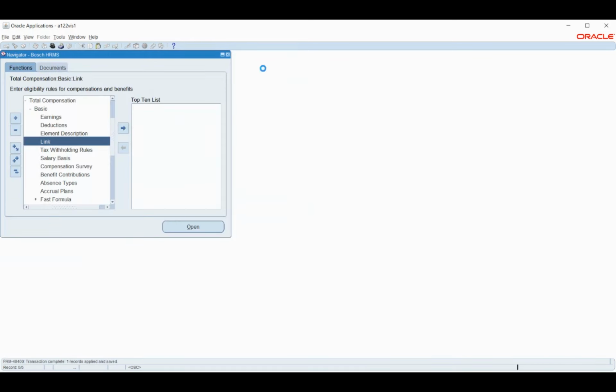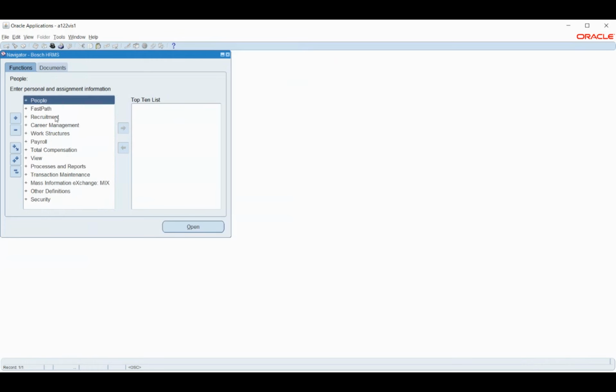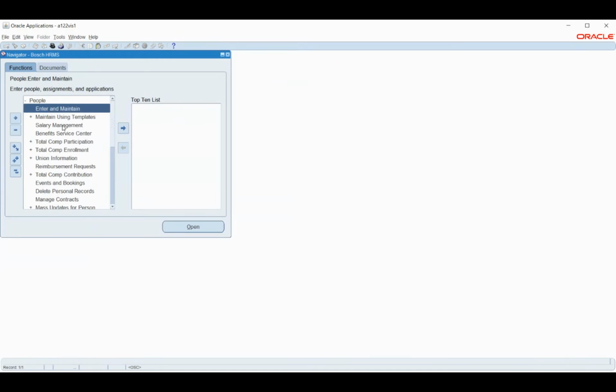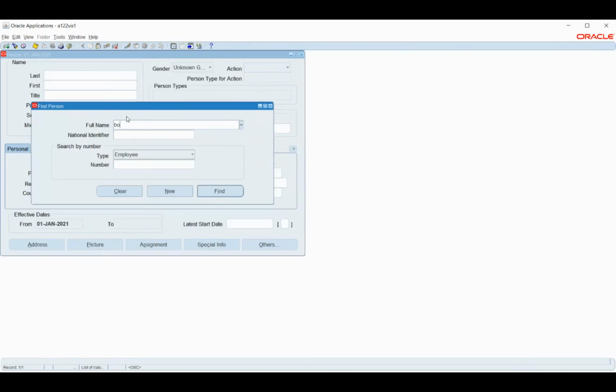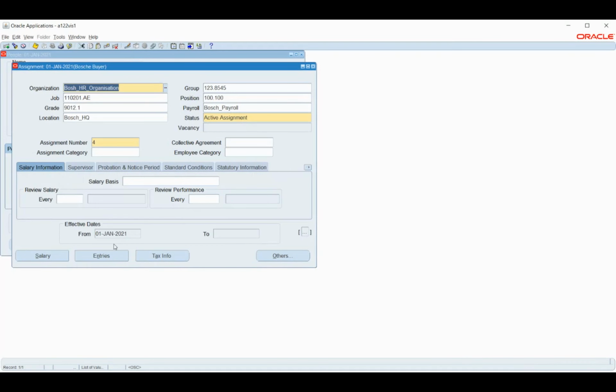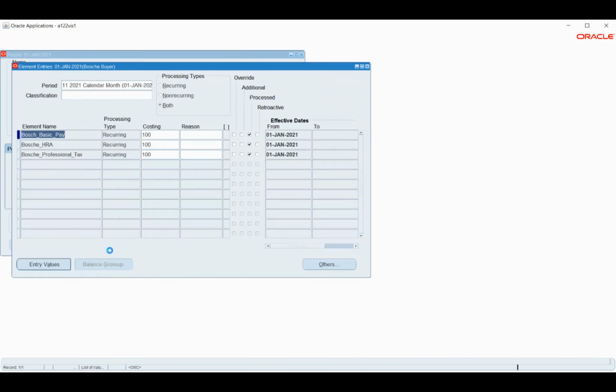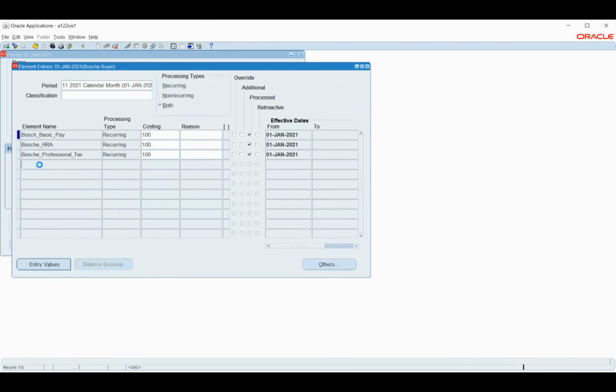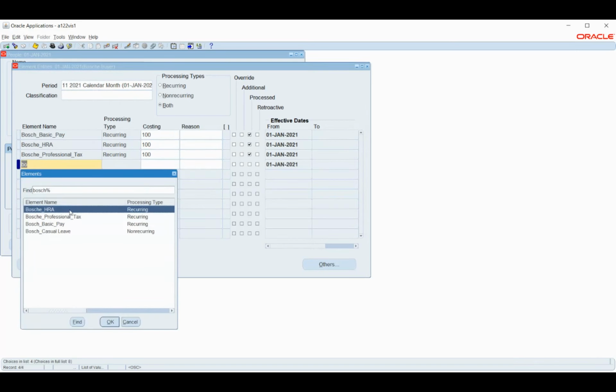So now we should be able to see there. Let's check once. Yeah, now it is appearing.